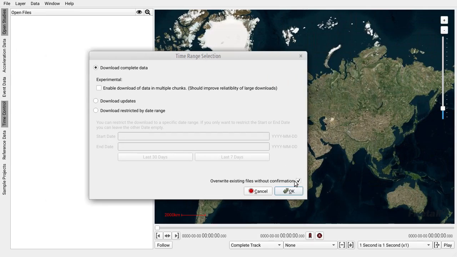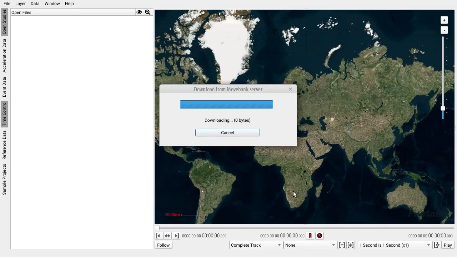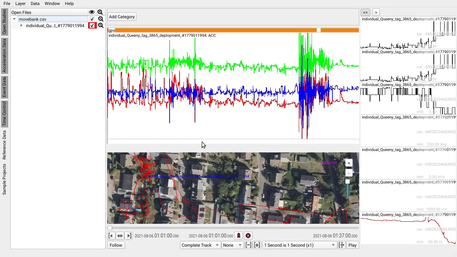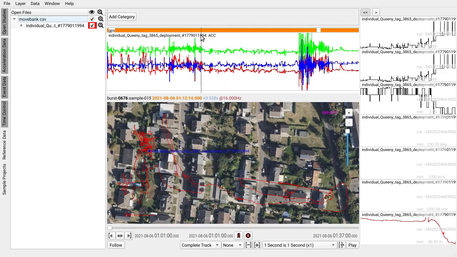I don't want to add any further restrictions here, so I can just download the complete data and check to overwrite the data. I agree to open the deployment. This is our cat Queenie, and the MoveBank deployment ID notably ends with 11994, which may be useful for later. In the top panel, you can see the acceleration data, while in the map viewport, the cat's GPS track is